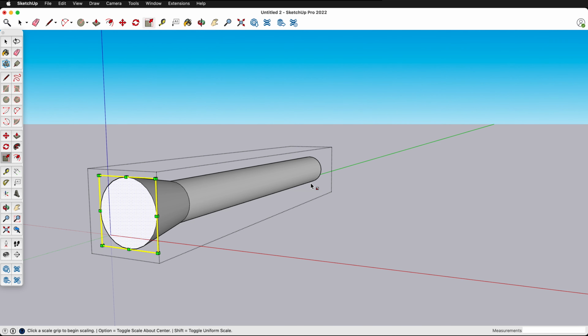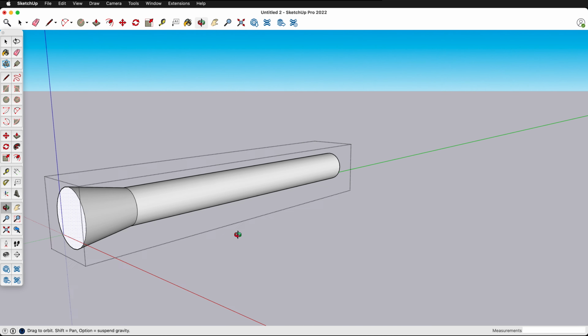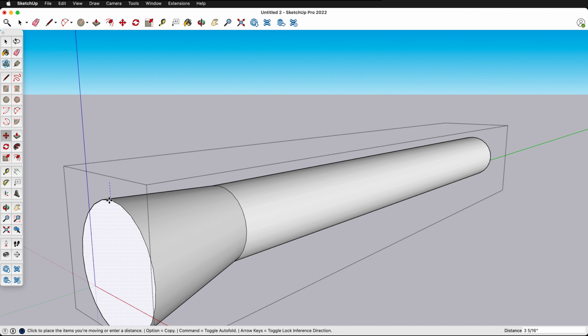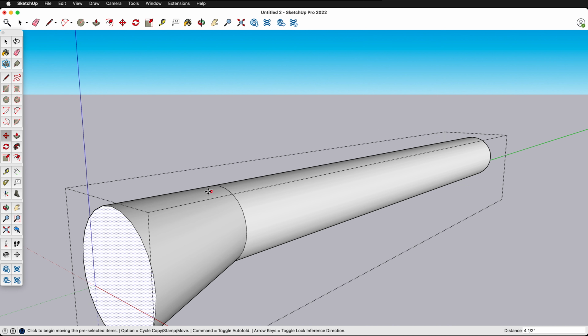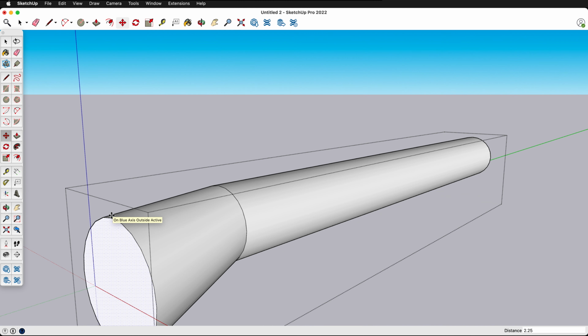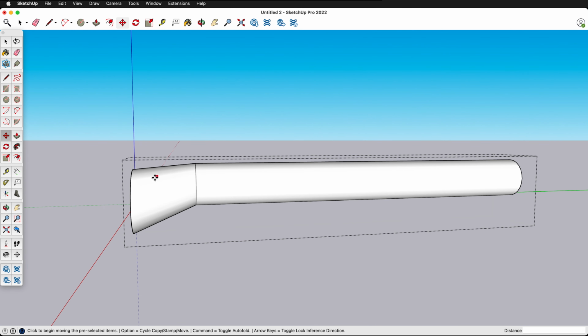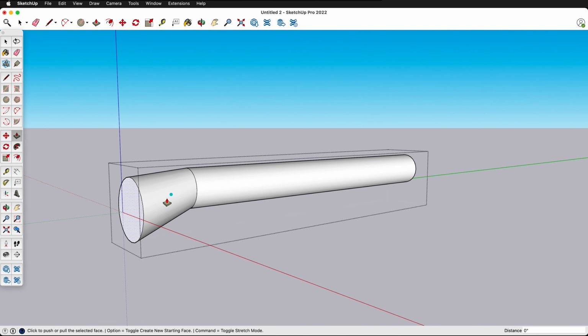And then we're going to press M for the Move tool. So we're going to click here, and we're going to click the top part and move straight down. And I'm going to hold Shift to lock to the blue axes. And then I'm going to move right to the top of the ductwork. And then while I still have this face selected, I'm going to move down 2.25 inches because it's just a little bit offset. So now we have this piece, and I want to press P,